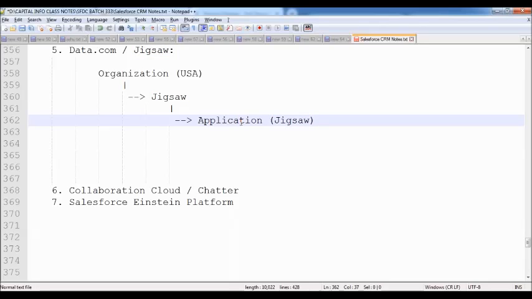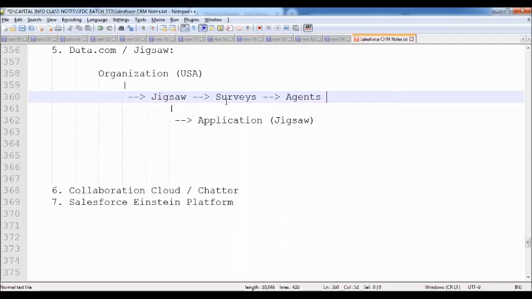Now what data are they storing inside this application? The Jigsaw organization conducts various surveys through their agents, who are worldwide.